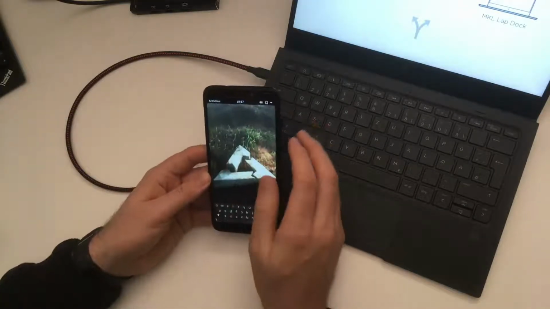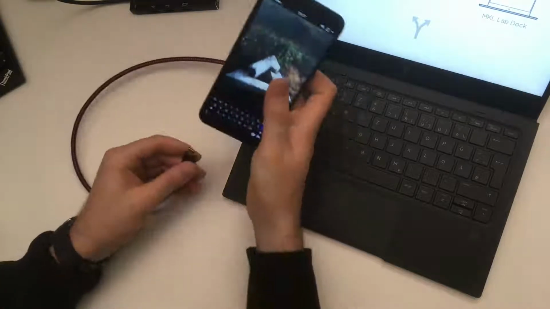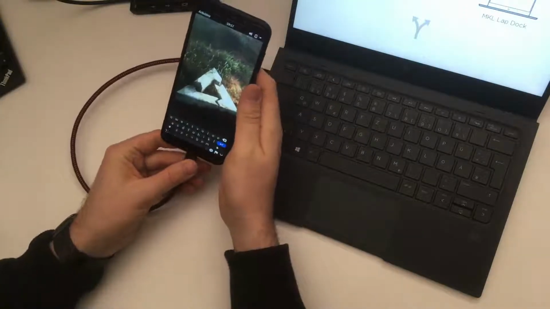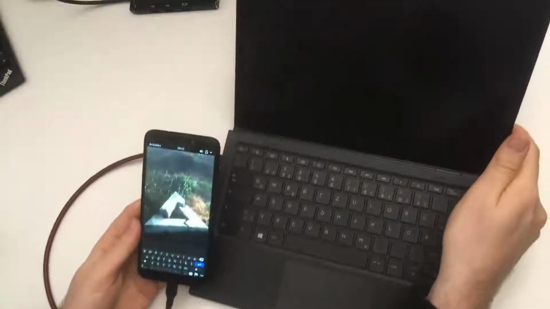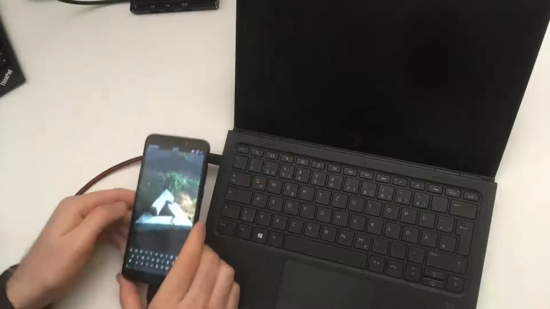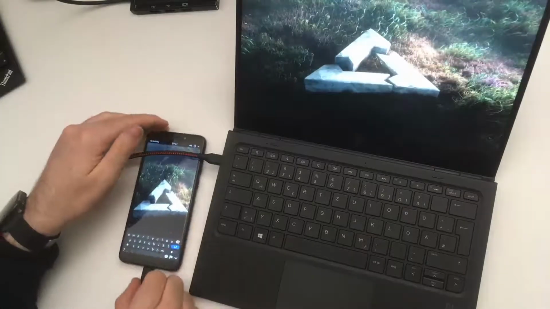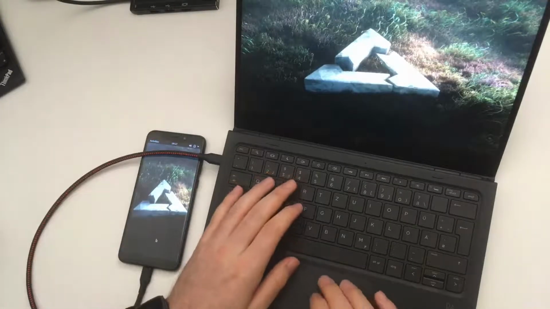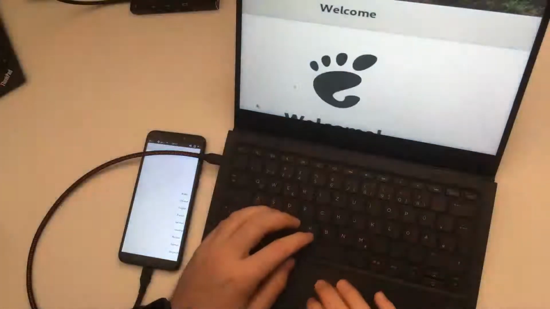Okay, that's GNOME. And now let's try to connect this. Oh, this cable is really draining me the wall. Okay, so apparently